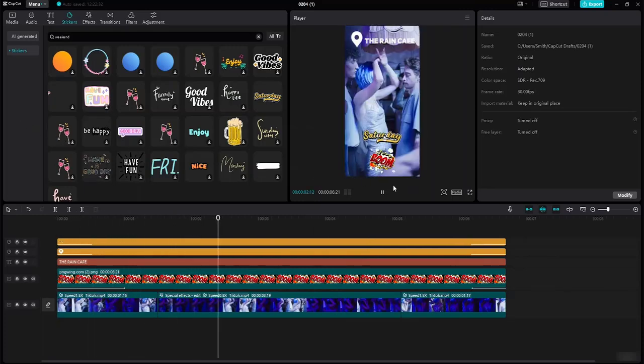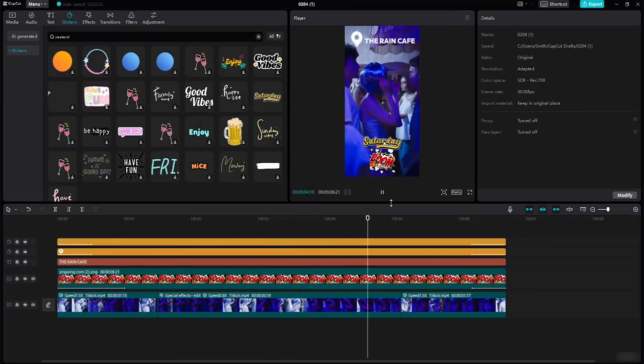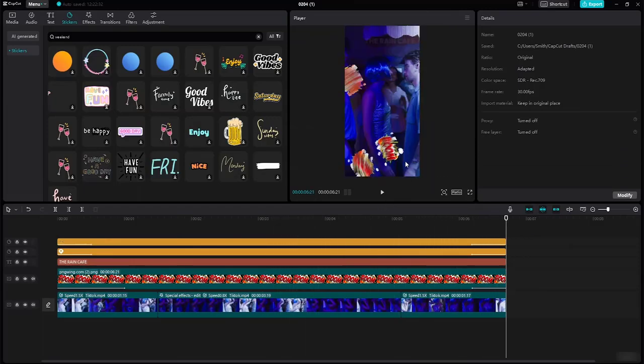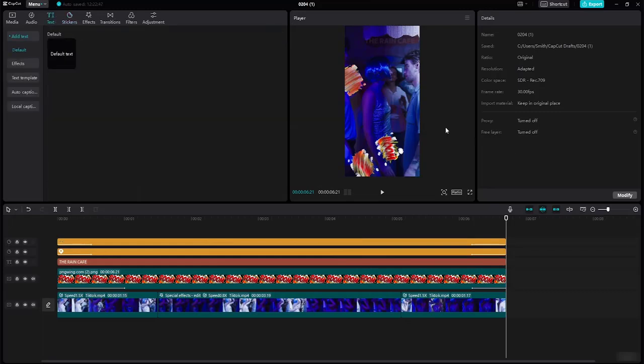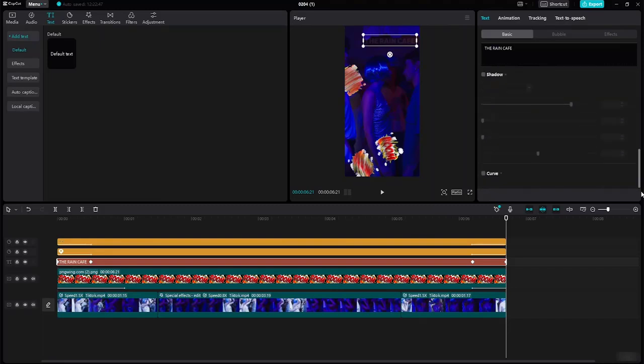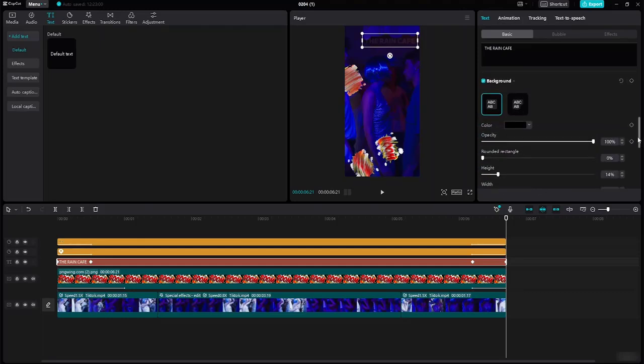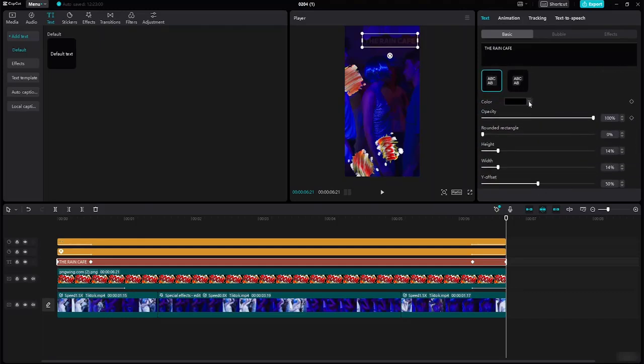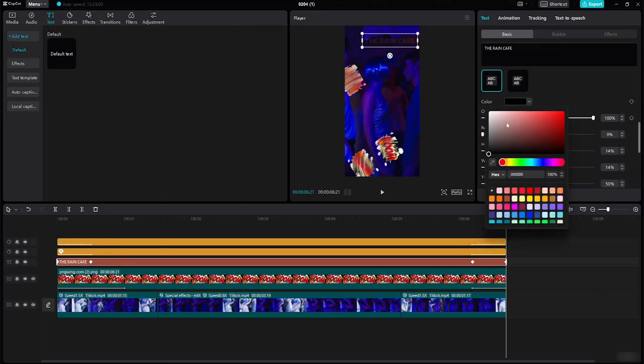Okay, so over here it will start quite like this, and now if you just want to highlight your text, you guys can actually do that over here as well. Okay, so come here, go to this text option. Okay, and from the text option, now what you'll do is you will come down, and from here you will go to the background option. Okay, so now over here I do have the background option, and now if you want to give this one a white background,